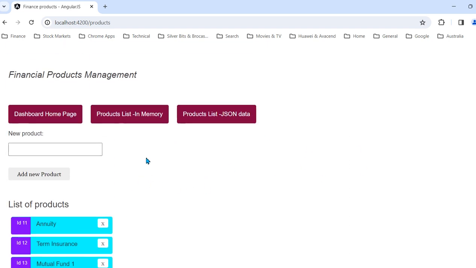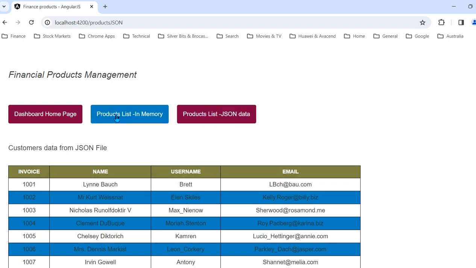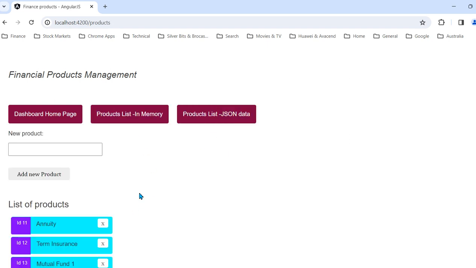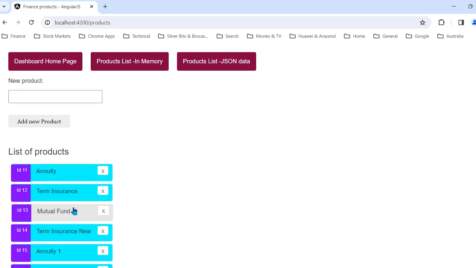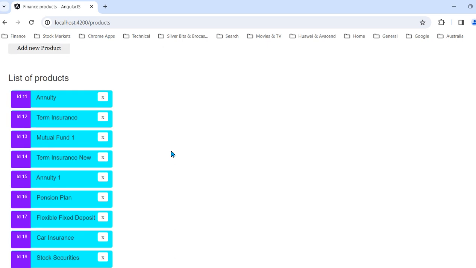In our page, we are using multiple components, let's say dashboard component, and then search product components, where we can search, product list in memory, product list details component, which is using JSON data, as well as the product list in memory component for displaying the data